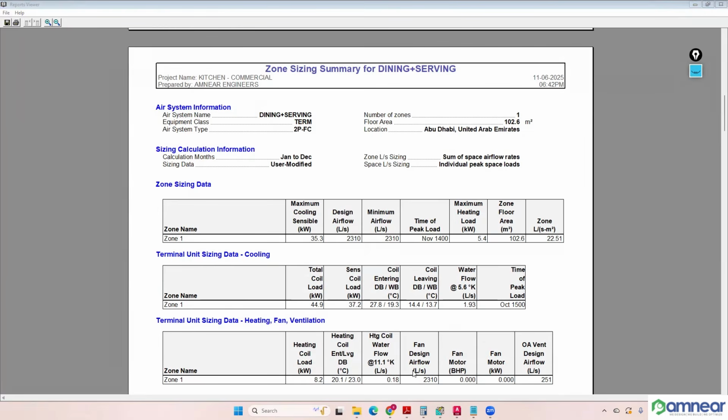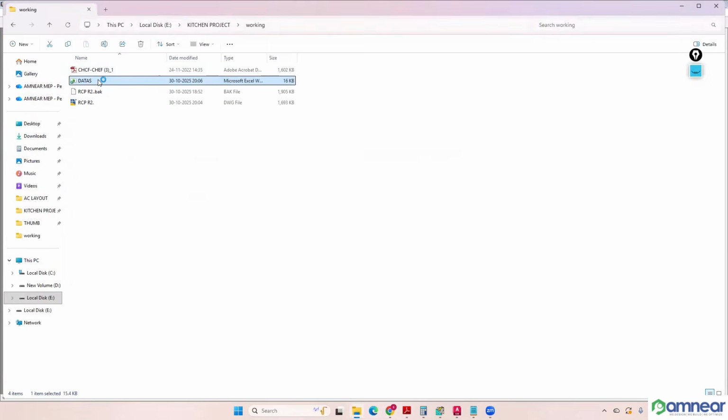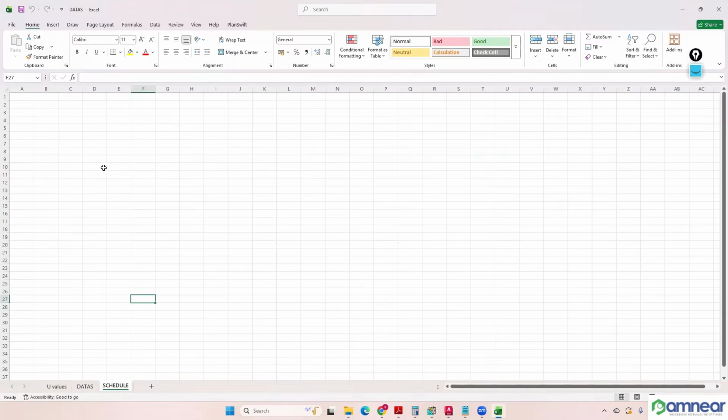Now we have to generate a report for that schedule, and this is called a specified data. Now we have to select the equipment from the technical data sheet. Okay. So anyhow, the data that we have created in the last session we can open. I'll be creating a schedule for that. Okay, so we are having three spaces, and for example, hot kitchen, dining, and serving